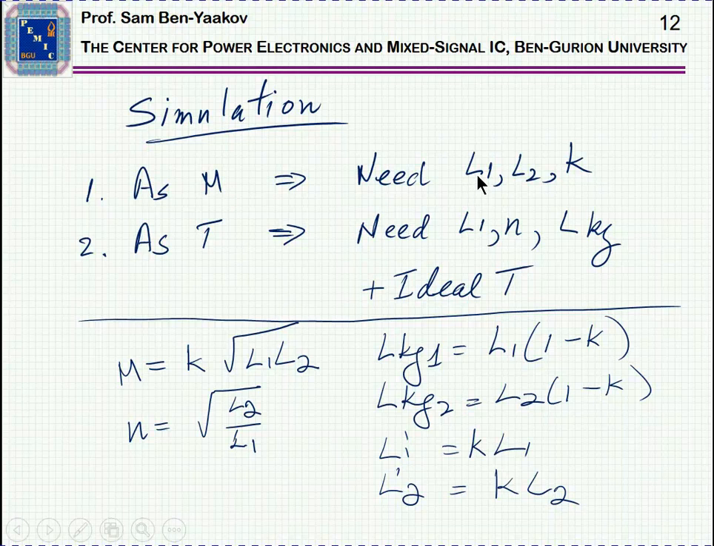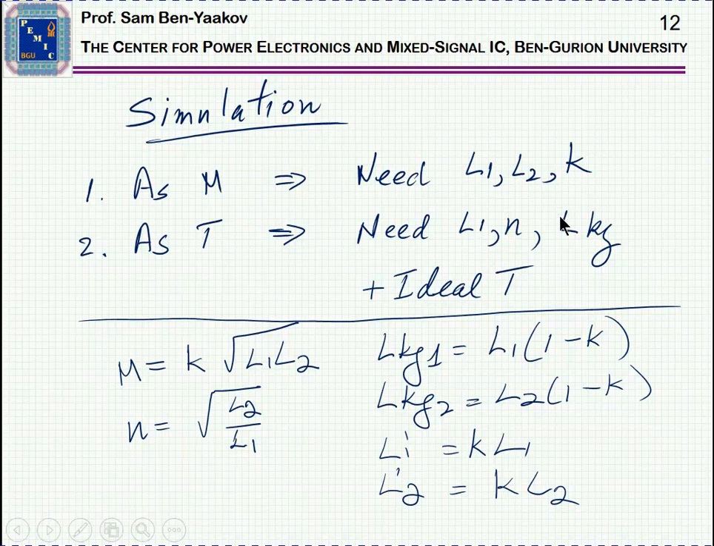Of course, we have to know what L1, L2 and K are, or if we know M, L1 and K, because all these three are, of course, connected together. Once we know them, then we can give these parameters to the simulator and it will run. But if we like to use the transformer representation, then we need L1 or L2, we need the turns ratio,